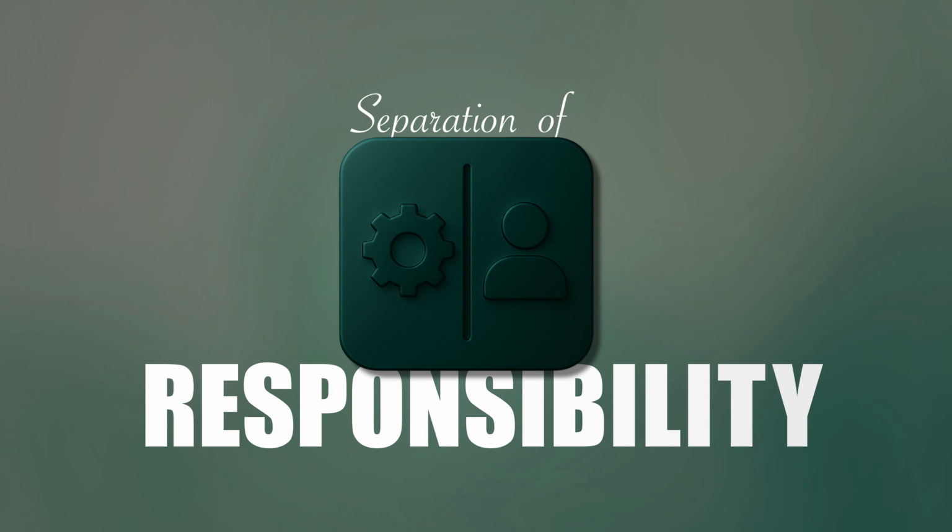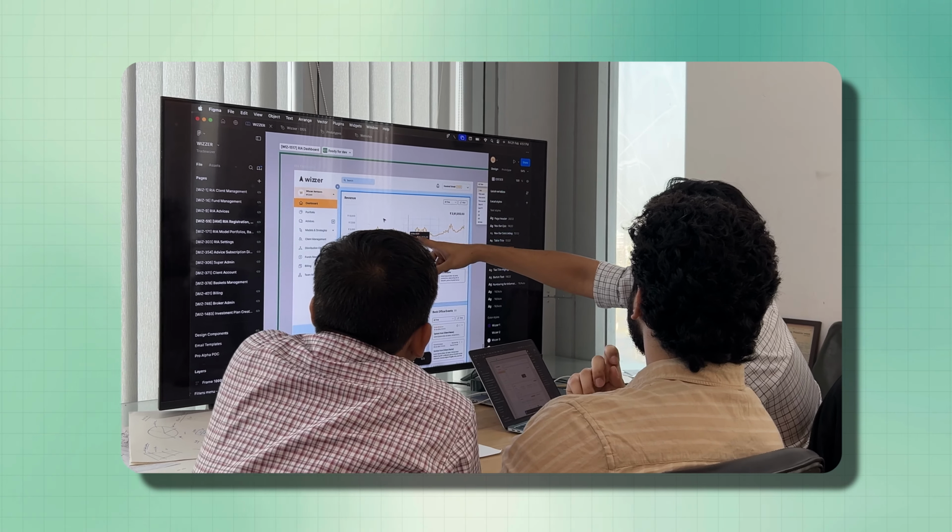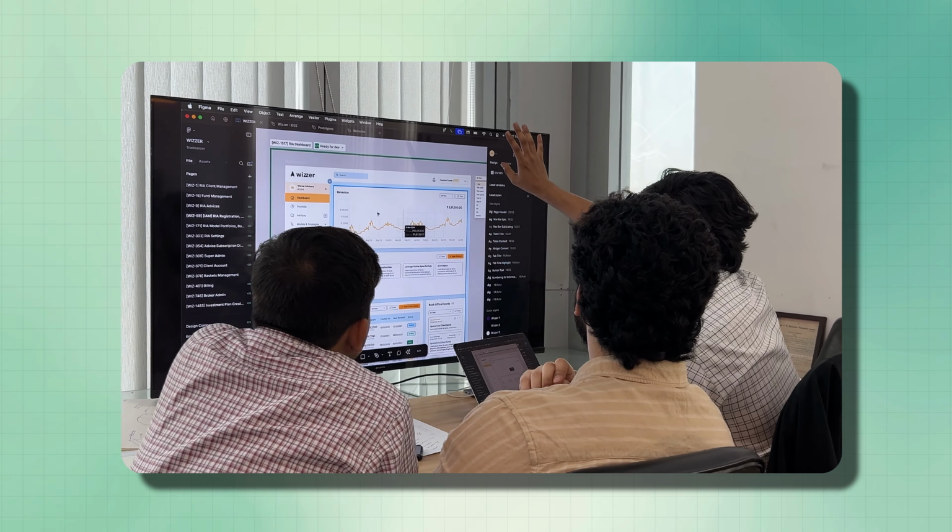And one of the important principles is separation of responsibility. We take separation of responsibility very seriously. Every time we are going to design a component, a service, or an app, we go back to the dashboard and define the service boundary. Having clear responsibility for a service or a component ensures that we can scale them independently, extend them when new features arrive, or when something goes wrong, clearly identify where we are supposed to debug and what we are supposed to fix, which helps us to scale Wizzer efficiently.